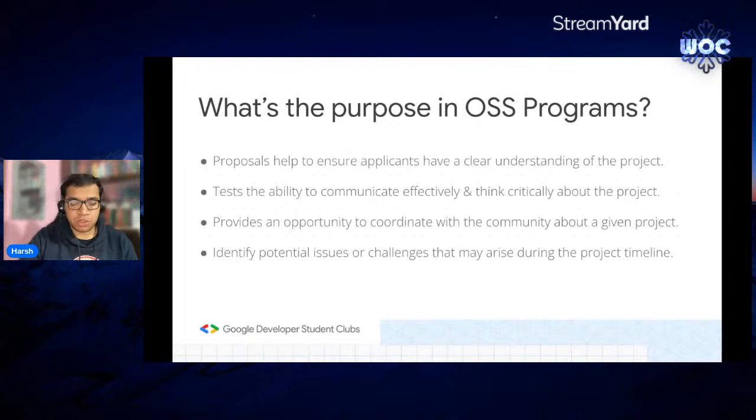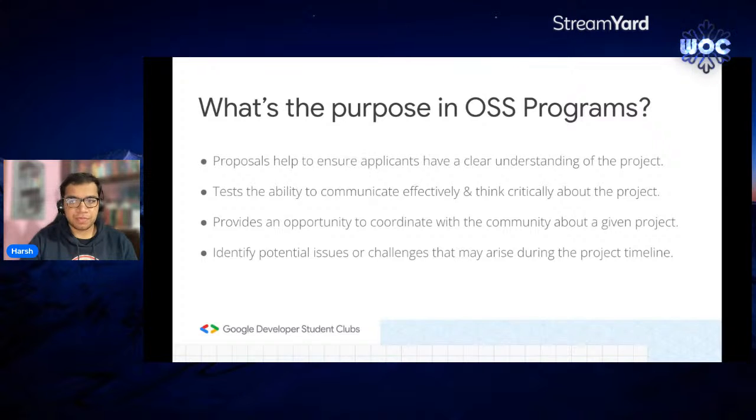So creating a proposal for any such open source program is going to be super helpful for you. Thirdly, it gives you an opportunity to coordinate with other community members about a given project. Maybe you have not talked with any other community member during the whole application phase, but once you start writing a proposal and mention, hey, I'm writing a project proposal for this given project idea, if someone has any thoughts about this project, maybe they can reach out to me and I can help them out. Sorry, maybe I can also work upon some of their ideas or feedback to further